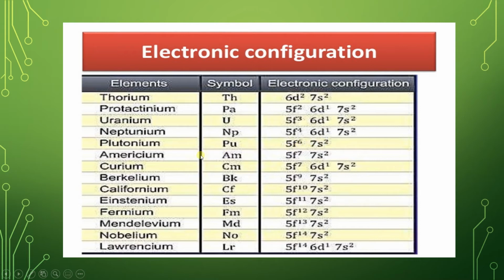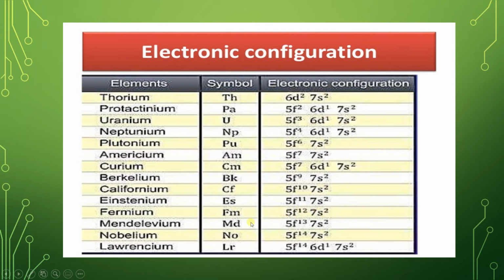5f6 7s2; americium Am, 5f7 7s2; curium Cm, 5f7 6d1 7s2; berkelium Bk, 5f9 7s2; californium Cf, 5f10 7s2; einsteinium Es, 5f11 7s2; fermium Fm,